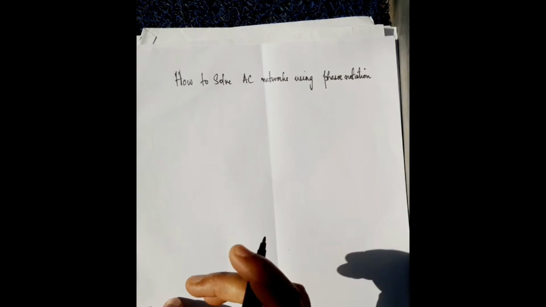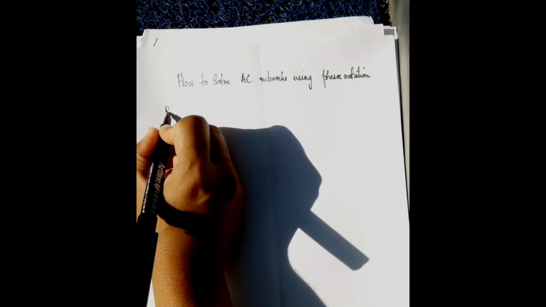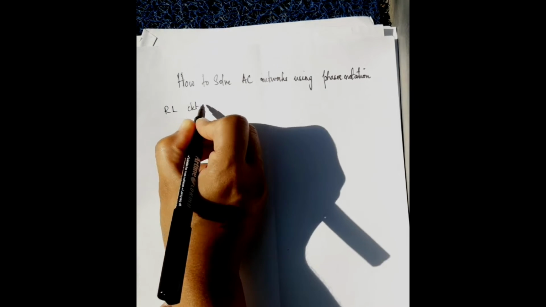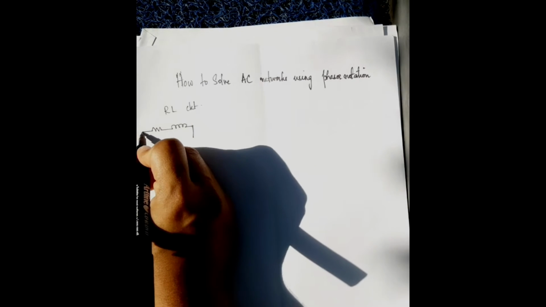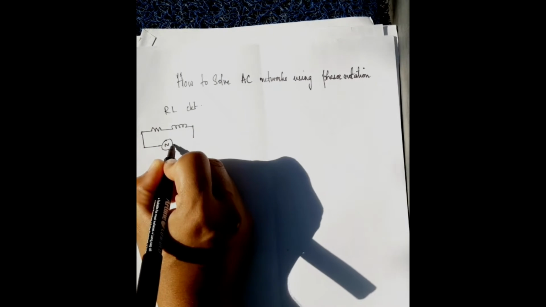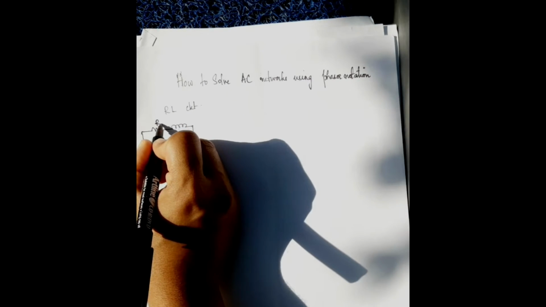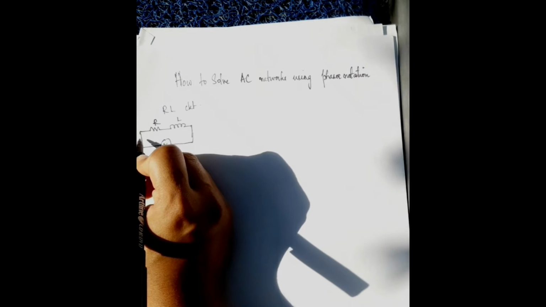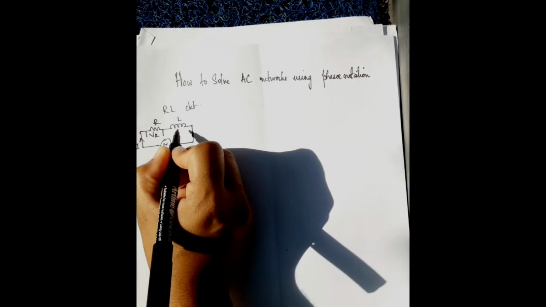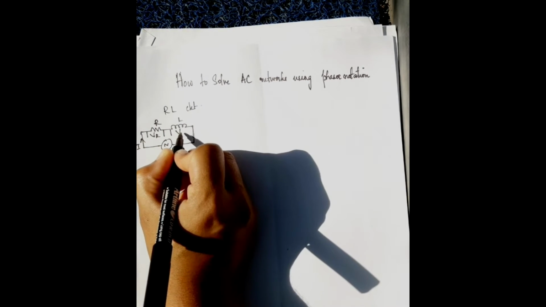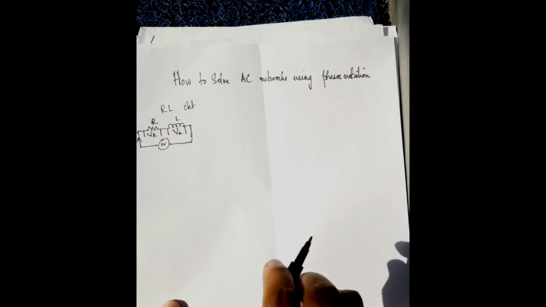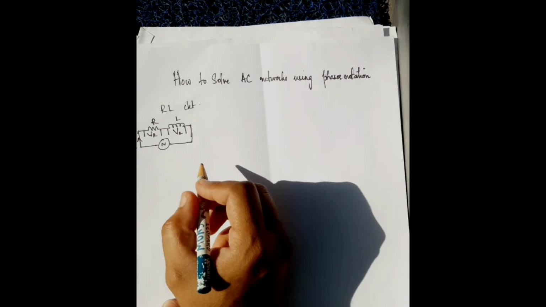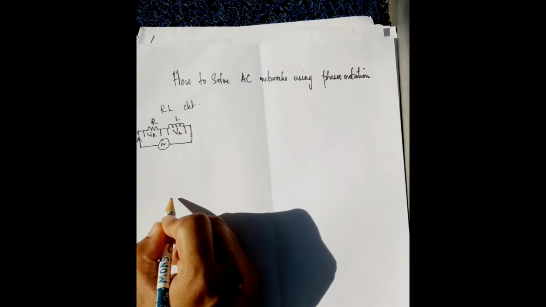Let's see how phasor representation will help us solve problems. Let's start with an RL circuit, resistance and an inductor applied in an AC circuit. Let VR be the voltage across the resistance and VL be the voltage across the inductor. We know that current lags against the voltage for an inductor, and current is in phase with the voltage for resistance.